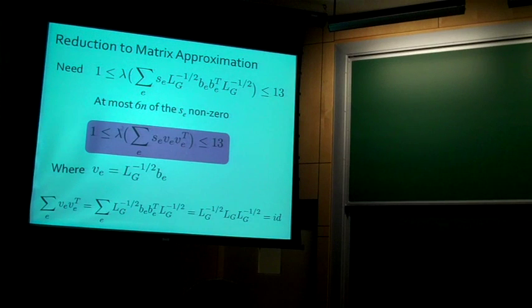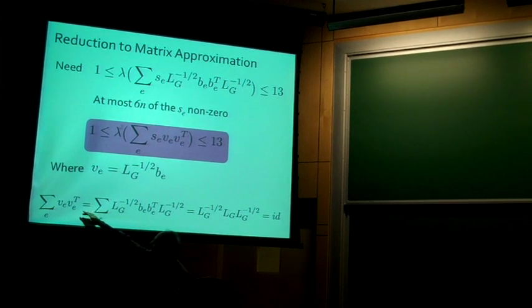Okay, this is just restating that. I'm going to then rewrite this again, if you'll excuse me: that b_e times L_G to the minus 1/2 term, let me call that v_e. It compresses things. I really want to write this sum as a sum of v_e v_e transpose with a scaling factor, and then I want all the eigenvalues to be between 1 and 13. Okay, there is something here that is going to help us solve this problem. There's a reason this transformation was useful. If I look at the sum of all the v_e v_e transpose terms, it turns out to be, if you carry it through, the identity.